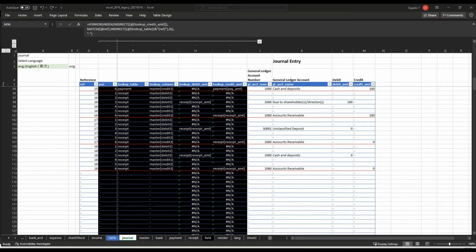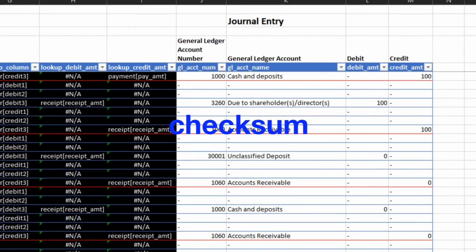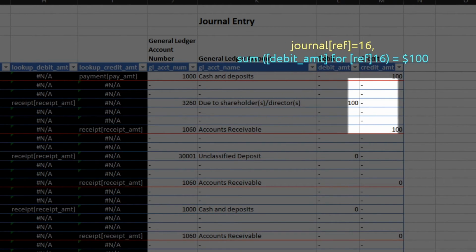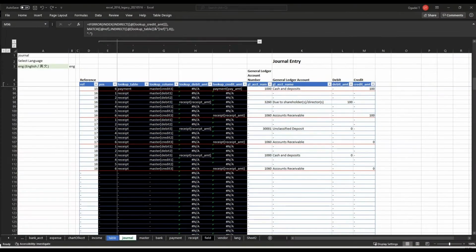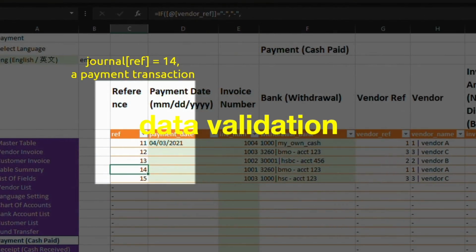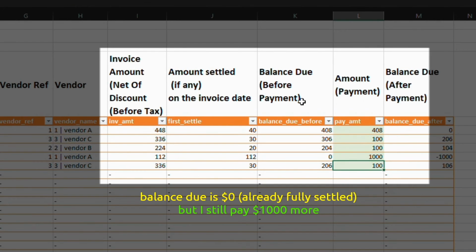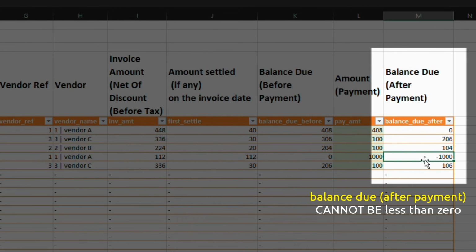Before we end this video, I just want to add some notes for those who build their own accounting system. First, it's a good practice to add a checksum for each journal entry because it can help spotting any missing data and irregularities and avoid backchecking at the later stage. Second, putting up data validation at the bookkeeping stage is essential. Imagine if you enter a negative figure in the invoice settlement, it will break your system. Remember, garbage in, garbage out.